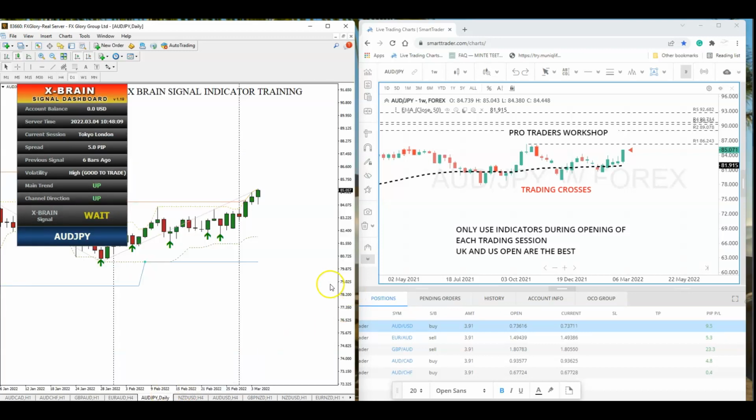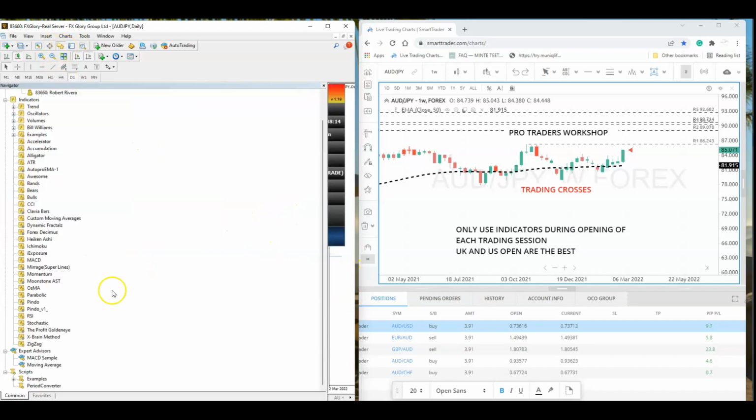Aussie yen in an uptrend. Let's add Profit Goldeneye to that as well. So just bear with me for 1 second here. So again,